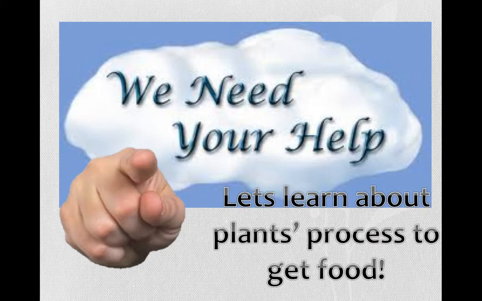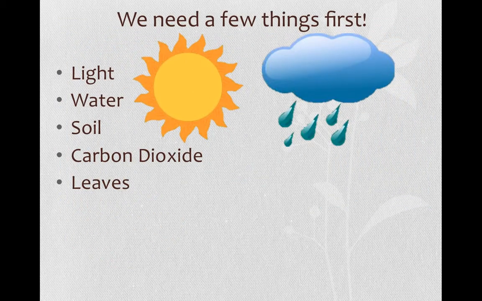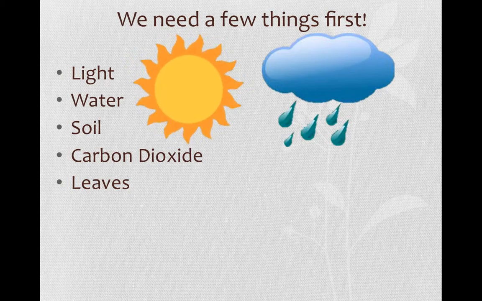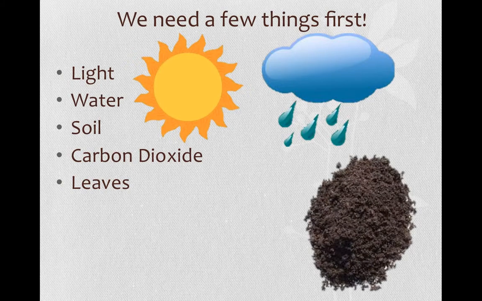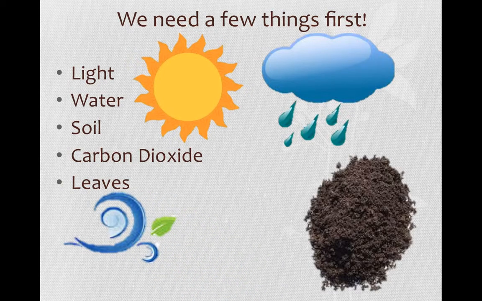Let's learn about the plant's process to get food, which is also known as photosynthesis. First, we're going to need a few things. First, we'll need some light. And by light, I mostly mean sunlight. We also need some water, like these that are coming from this rain cloud. We also need soil to capture in that water and the nutrients. We also need carbon dioxide, which comes from the air,